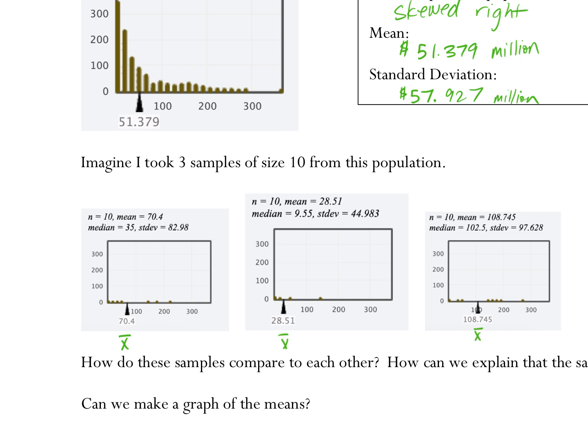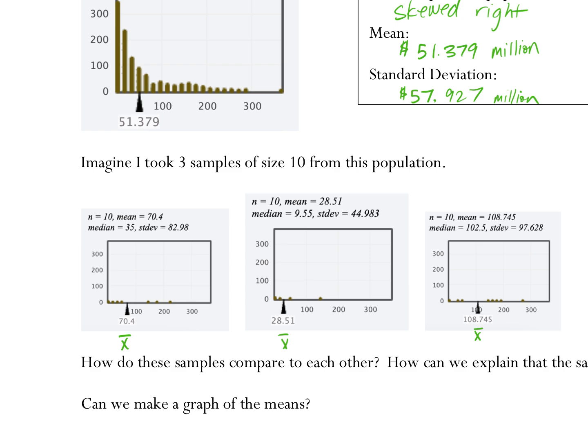What do you notice about the 3 sample means I got here? They're more than different. They're pretty far apart from each other. And if we look at the shapes of these, I know it's kind of hard to see. This one's kind of skewed right, but it doesn't have any of the real high points. This one has way too many high points, right? And the reason this is happening by just chance is if my sample size is 10, it's pretty reasonable I could get an uncharacteristic sample.